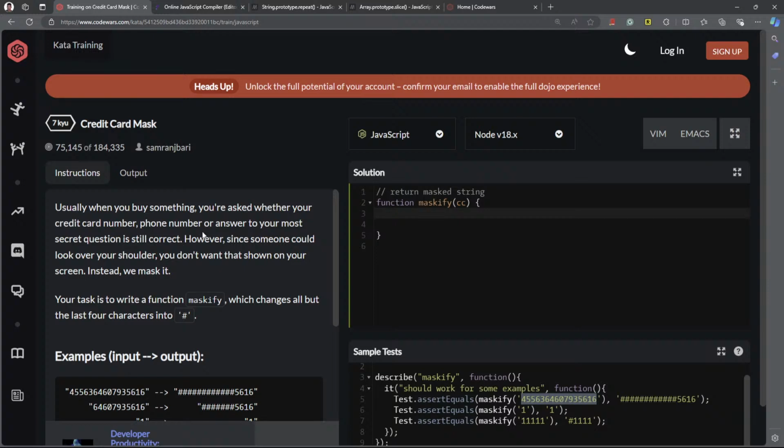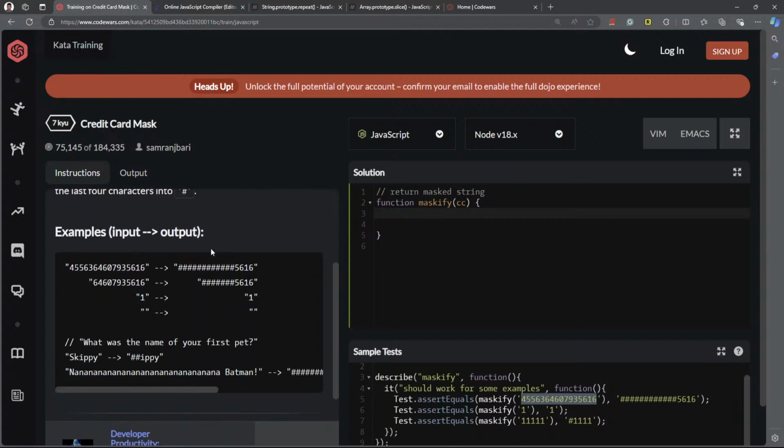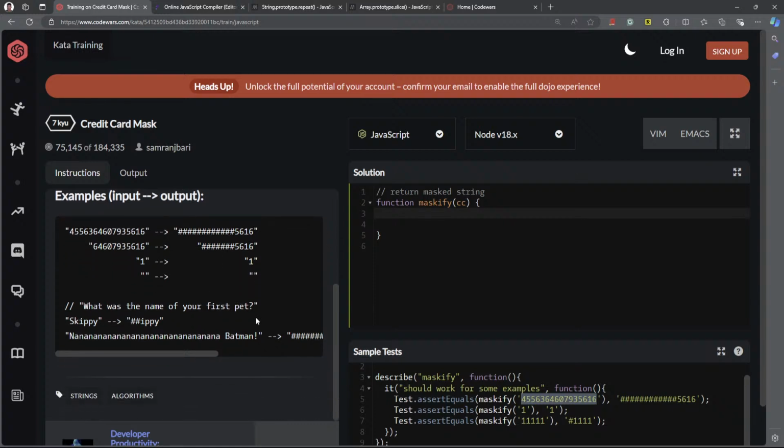And here we've been given example 1, example 2, example 3, example 4, and then